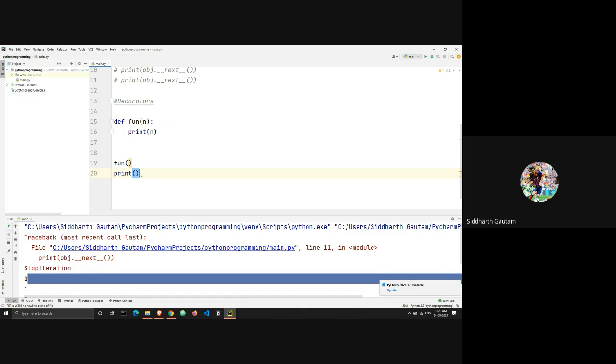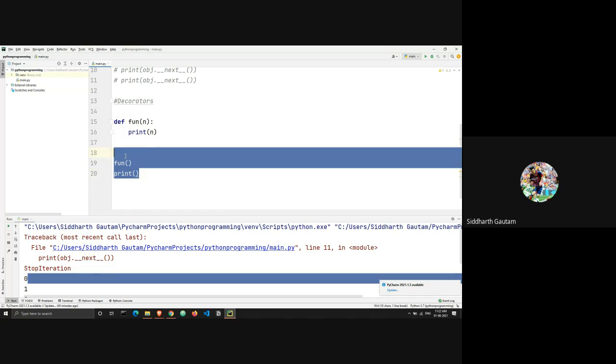It has been defined by Guido van Rossum, the creator of Python, or anybody else in his team. So that's the difference here: this function I have defined on my own, and this function has been defined by someone else, but that doesn't change the fact that both of these lines are function calls. Since this is a function, and we have seen how we can use functions inside of functions, and use one function to call another function, we can do the same thing using this print statement, or rather the print function.